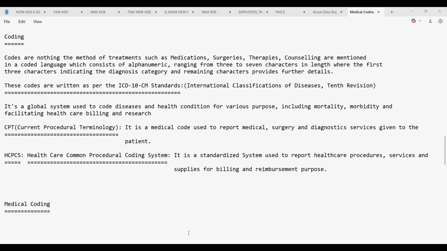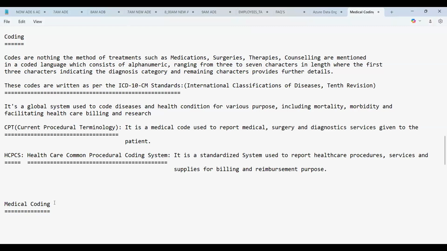That means the device which is put inside the human body is called an implant device, or an external device, whatever you have. So for seeing the positive and negative effects, we go for the process called clinical trial. Medical coding is not only used for billing purposes by the insurance companies, but these codes are also used in clinical trials by various corporates.